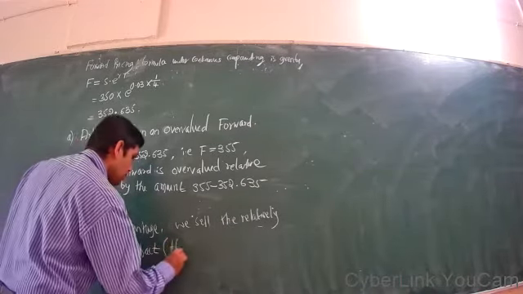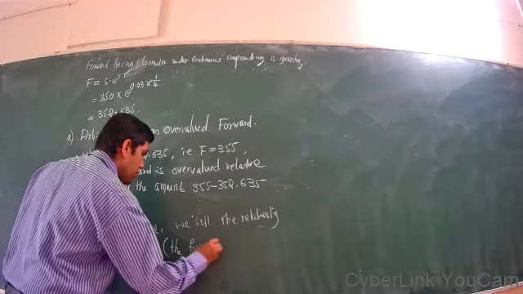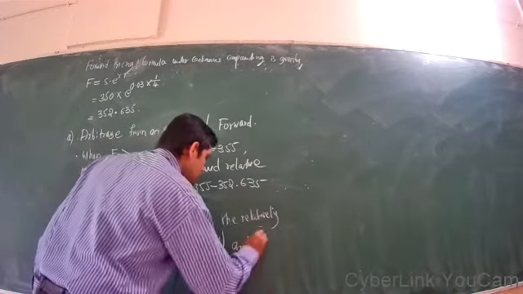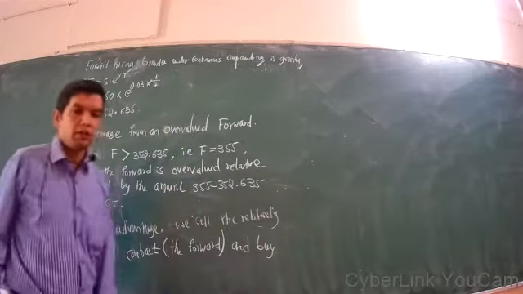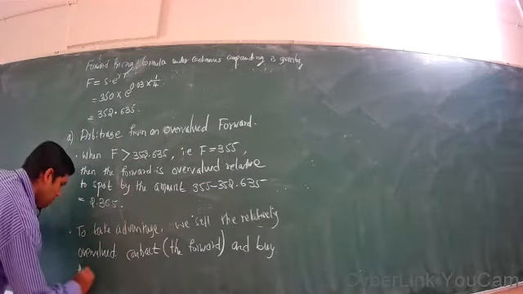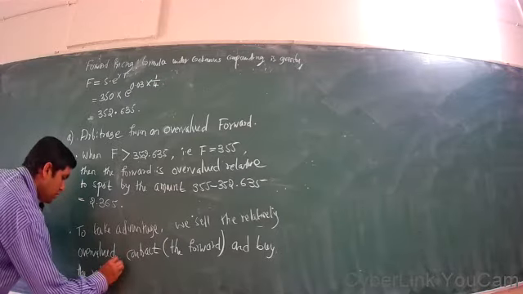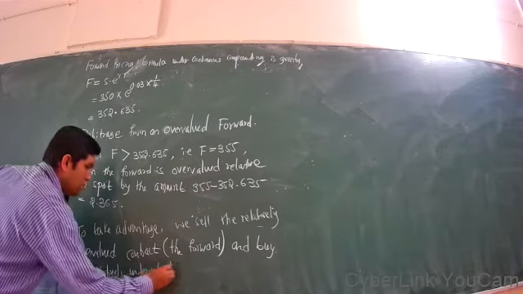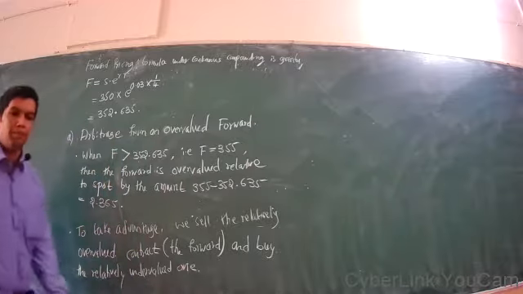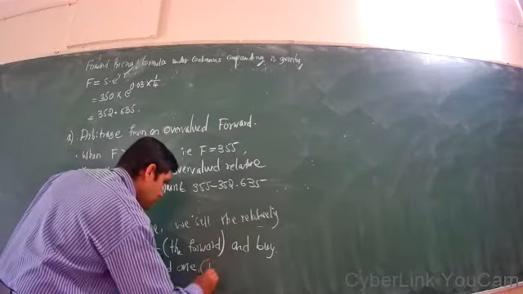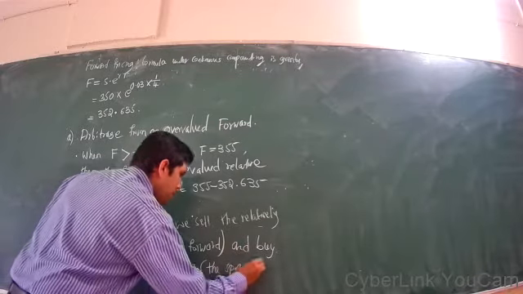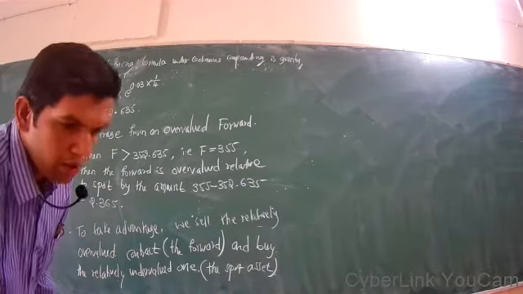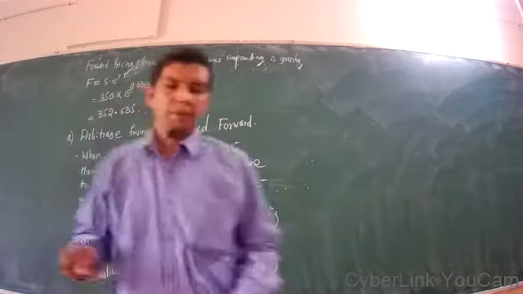Here the contract is the forward. And we buy the relatively undervalued one, that is the spot asset. So the specific strategy is